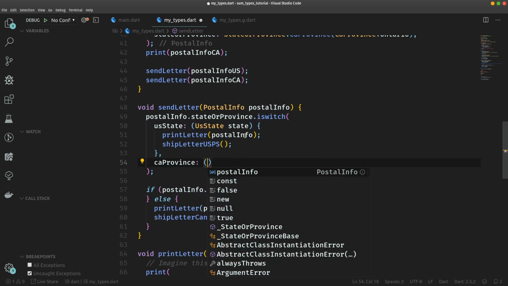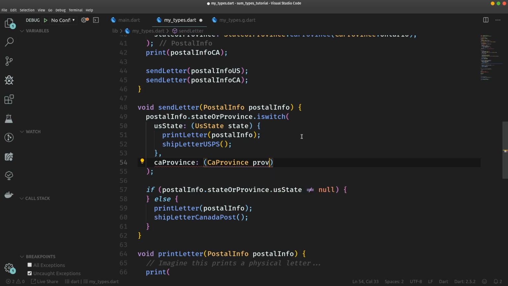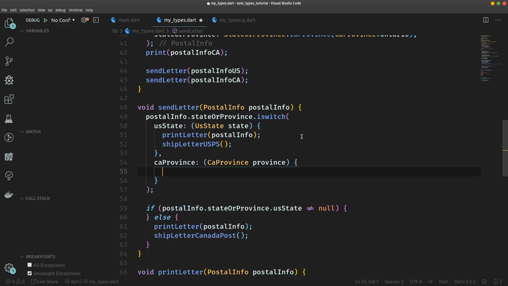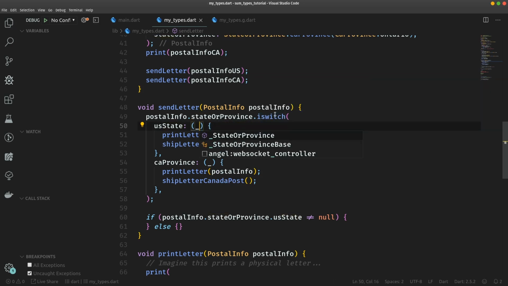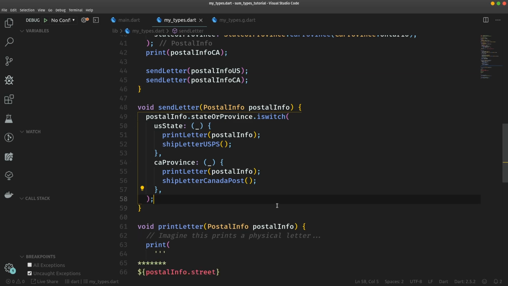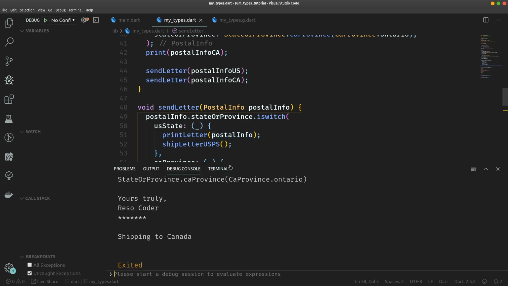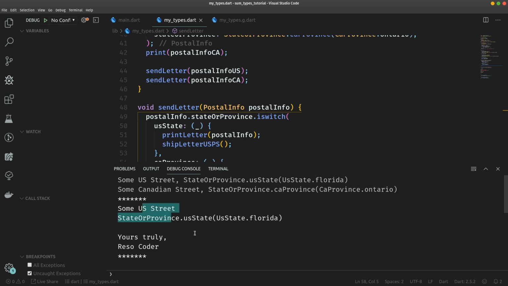And of course, we do not even need the instance of the state or province. So even though this would grant us the CA province instance, which we could subsequently use if we needed to, we can really just ignore these provinces and states with an underscore. So let's do just that. And now we can delete this now empty if statement and run the code once again. And when we go again to the debug console, we can see that everything was printed and shipped as before,